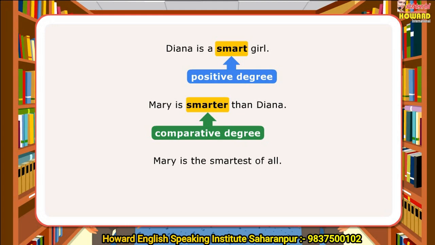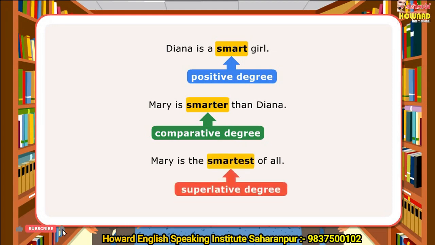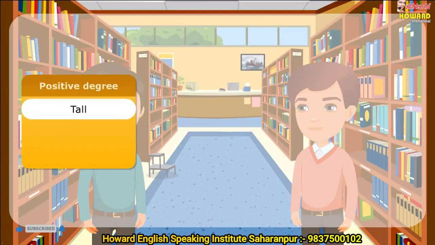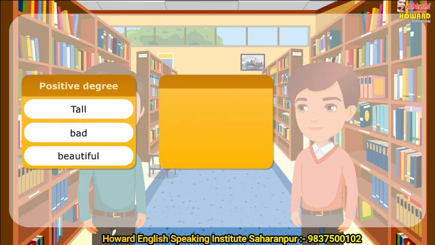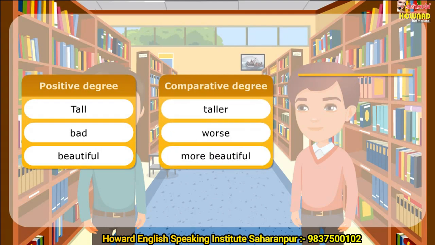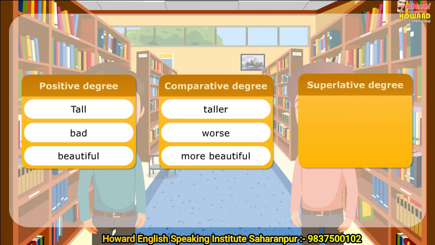In the third sentence, smartest is a superlative degree, since it tells that Mary has the highest degree of quality of smartness. Here is a list of some comparisons in adjectives. Positive degree: tall, bad, beautiful. Comparative degree: taller, worse, more beautiful. Superlative degree: tallest,